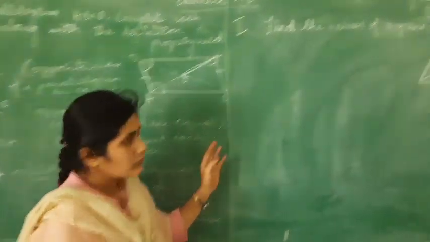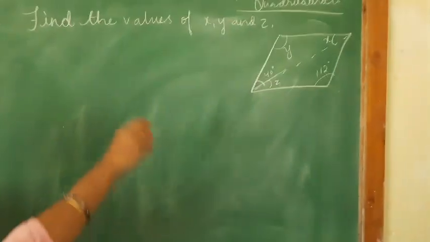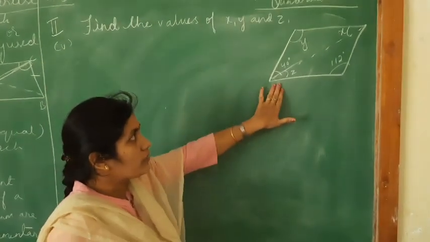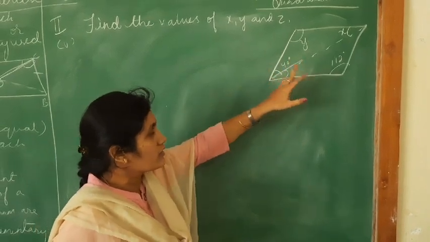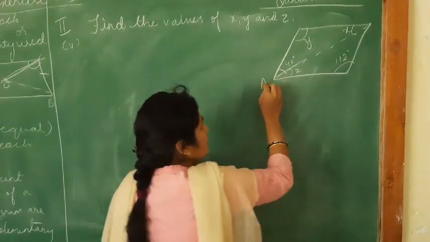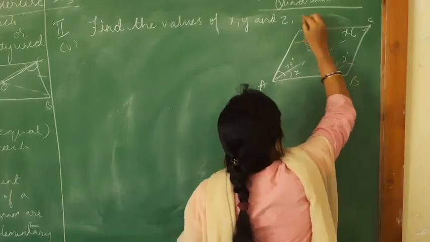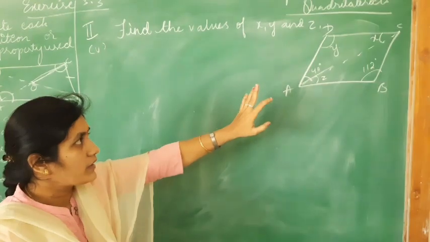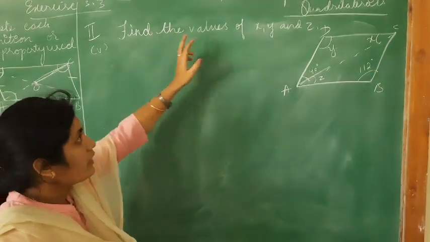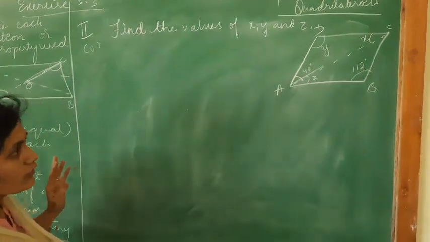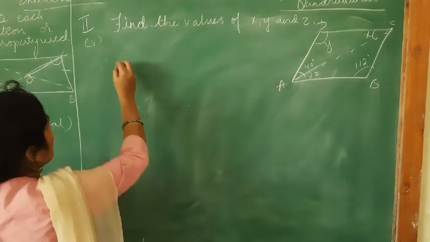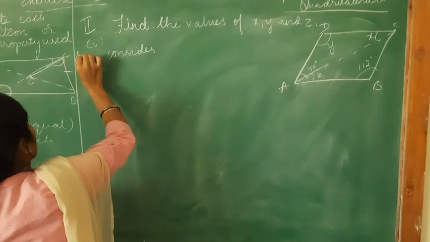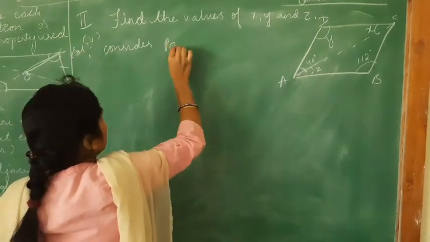Now let us move on to the second problem, second bit. So this is also a parallelogram where all the sides are given. Let us write this as ABCD. And in this parallelogram, all angles are not given, some are given, some are not given. Find the values of X, Y, Z. We have to write the values of X, Y, Z. First, let us consider the solution. Consider parallelogram